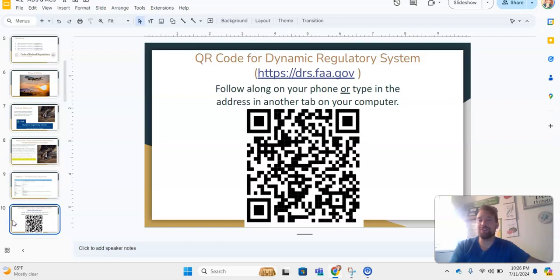before we get too much into it, I have a QR code for you here on the screen that's going to take you to a magical website called Dynamic Regulatory System, drs.faa.gov. If you click on that, or you scan the QR code, or if you just type it in your web browser, make sure you pull it up on the side because I'm going to show you how to access some of these